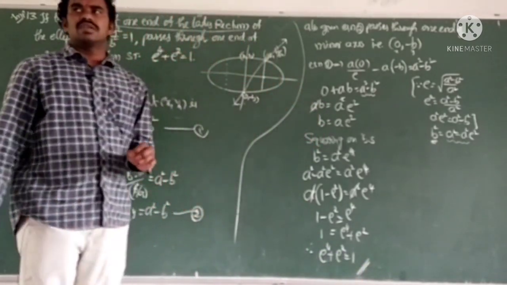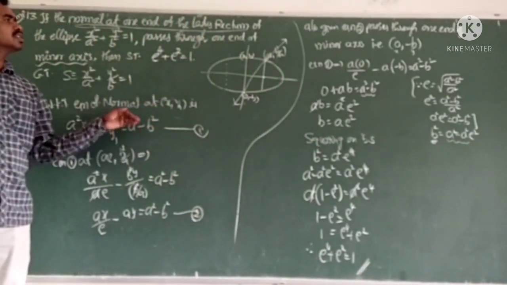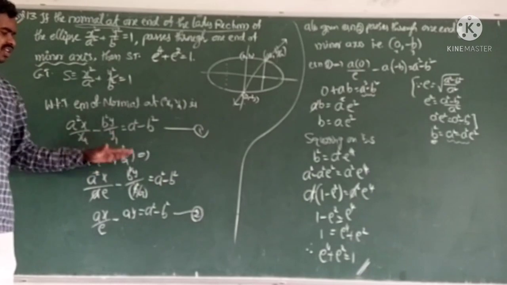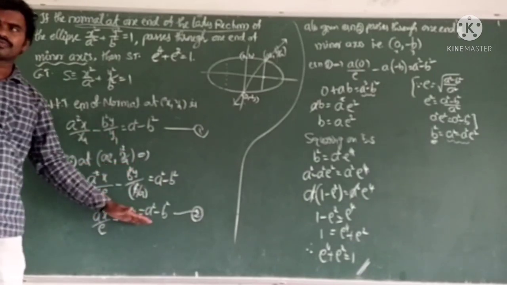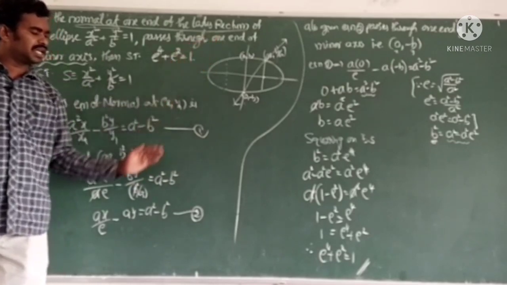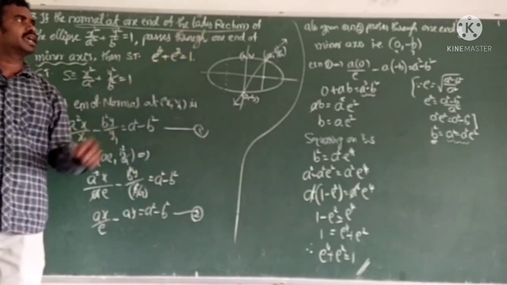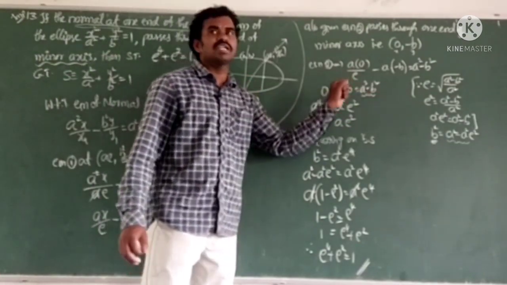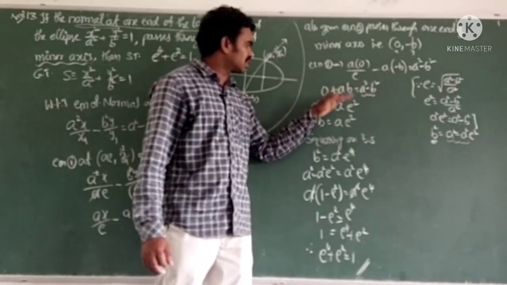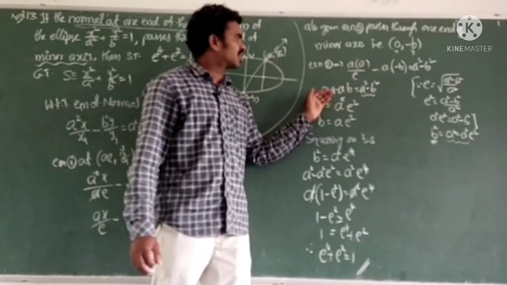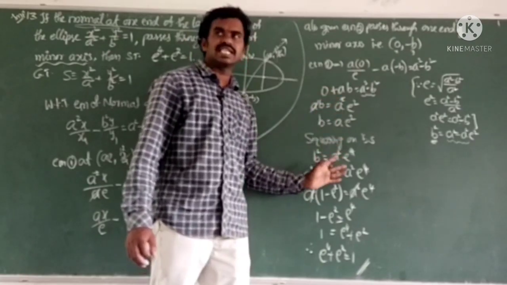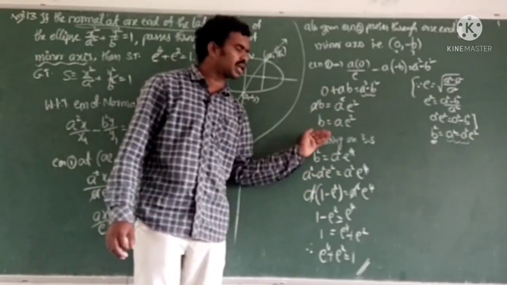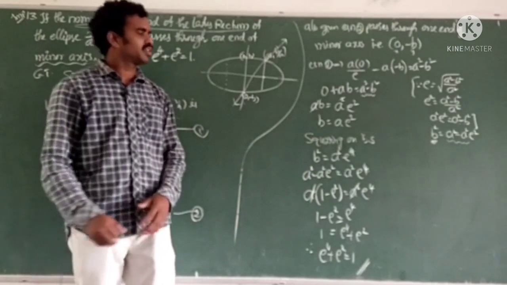Okay friends, just simply first write the normal equation. Substitute in that normal equation a comma b square by a and simplify. We get equation number 2, and again substitute 0 comma minus b in equation 2, because it passes through one end of the minor axis, and simplify until we get ab equal a square minus b square condition. Now onwards, whatever the terms are there, we should completely transform into e terms and simplify, we get the answer. So from here onwards we should do more practice, then only we can remember. Okay, please note down.